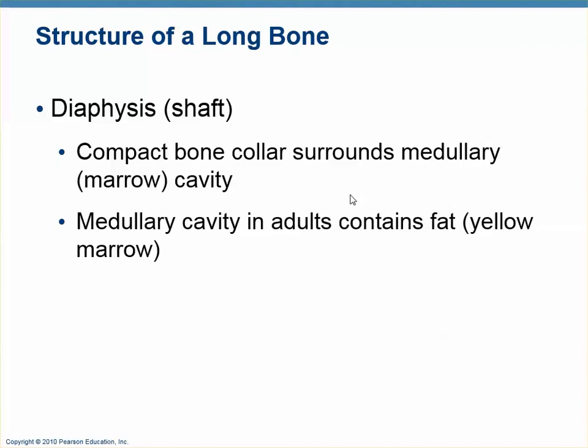So when we look at a long bone, the shaft of the long bone is called the diaphysis, which means between the active part, the physis. It's not a simple shaft. What it is is a collar of bone surrounding a cavity, and we call the cavity in the middle the medullary cavity, or sometimes the marrow cavity. And you've all seen it,